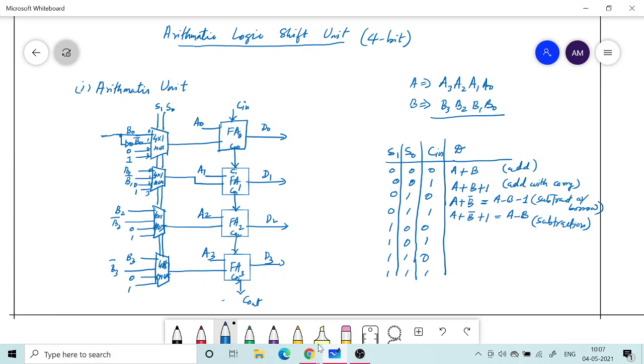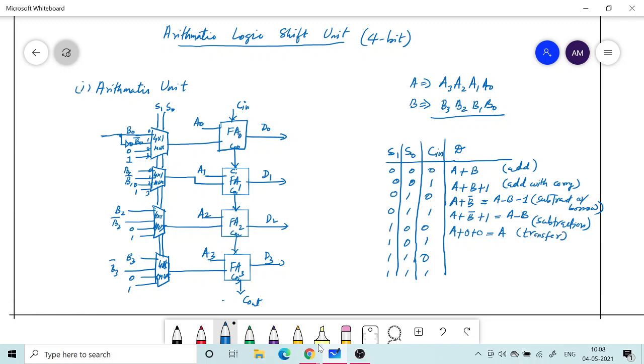Okay, next arithmetic operation that we can perform, let's see what we are going to get. So we are giving 0 everywhere. So then what happens, it will be like A plus 0, I mean a 4-bit number where everything is 0, and then the carry is also 0. Here carry is also 0, every bit is also 0 because of the 1-0 combination. So this is basically A. So this is basically transfer.